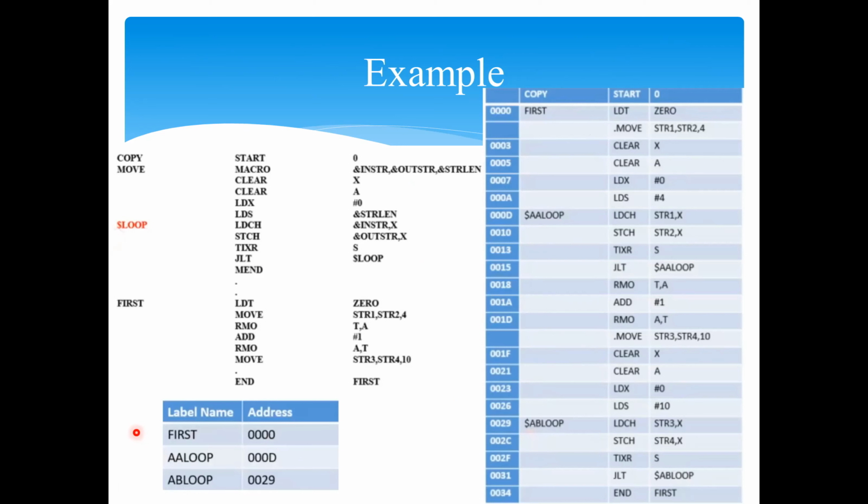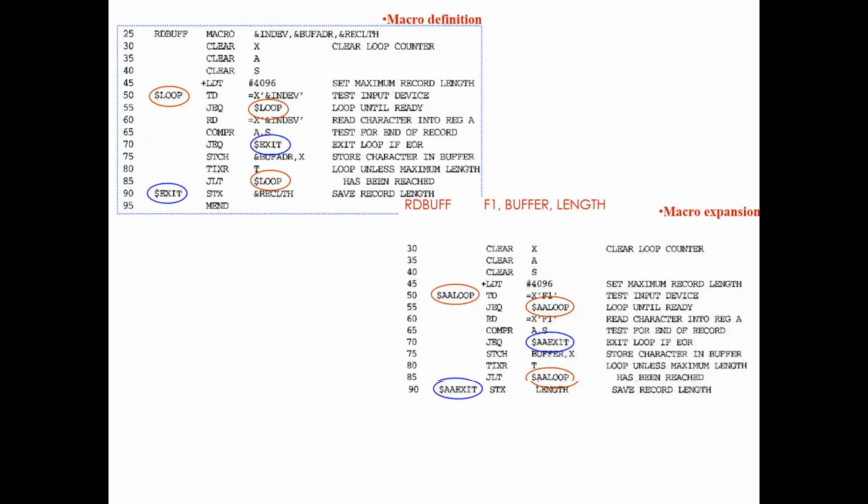So you can see that in the previous case, in the symbol table, we had ambiguity because there were two duplicate labels. But with the help of this macro feature, the unique labeling feature, we have different labels for what denotes the same label within a macro body. So this is how unique labeling is achieved. I hope this concept is clear to you.